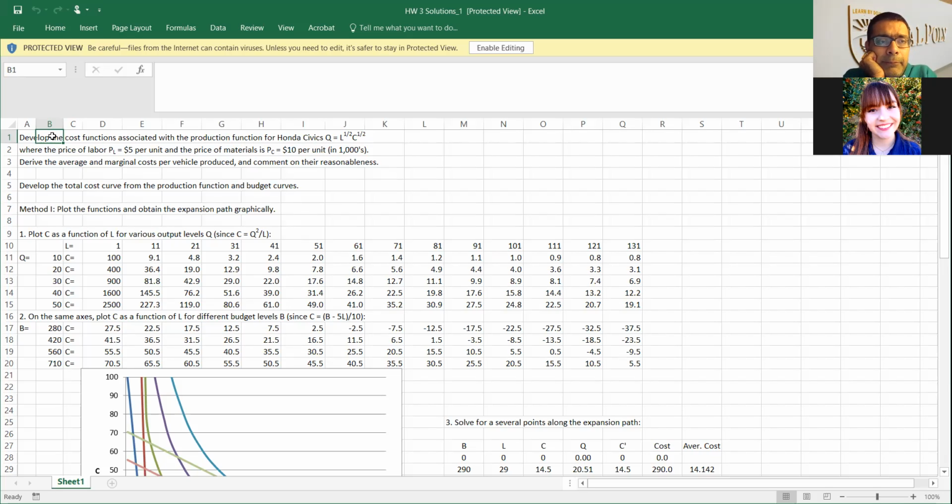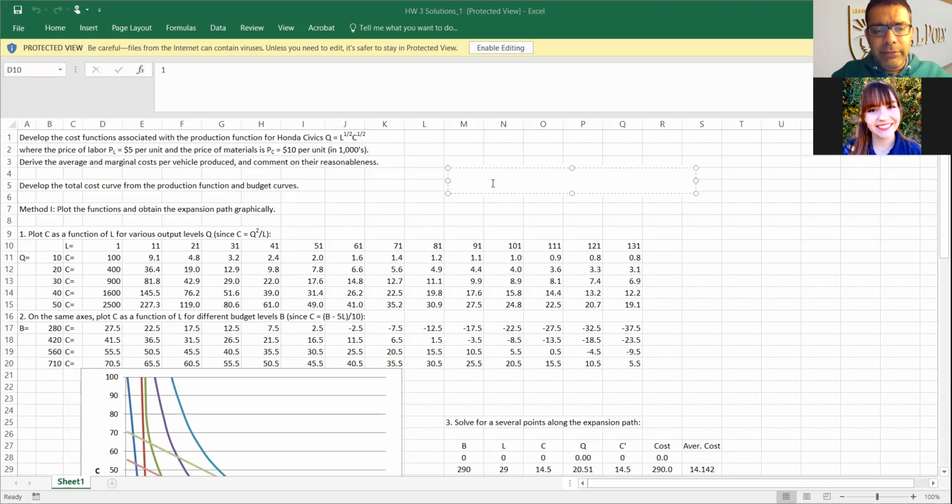So to get started on that, I asked you to create some isoquants, and those isoquants could be created by assuming a certain number of cars being produced, so 10 cars. So combinations of labor and capital that'll produce that. So what I did was I just took these different numbers of labor, because remember Q was equal to L raised to power half, C raised to power half. So if I square both sides of that equation, what I'll get is, and I'm going to go ahead and annotate that. So if I square,